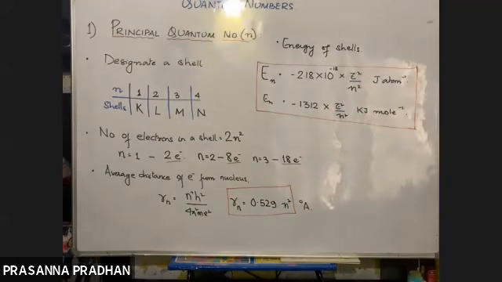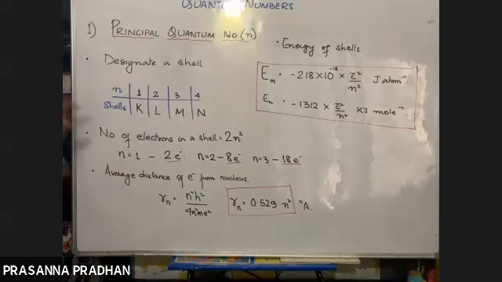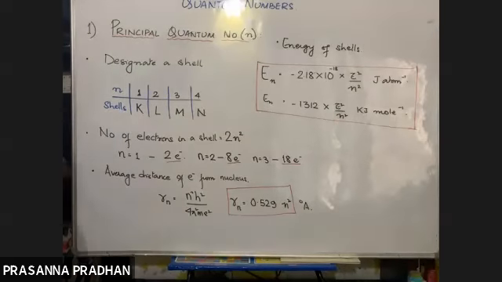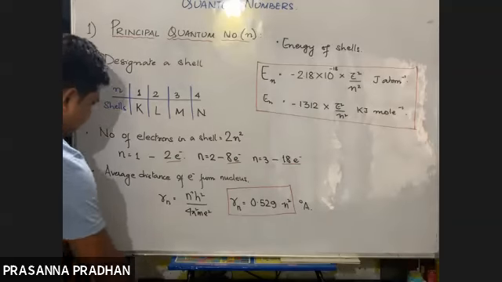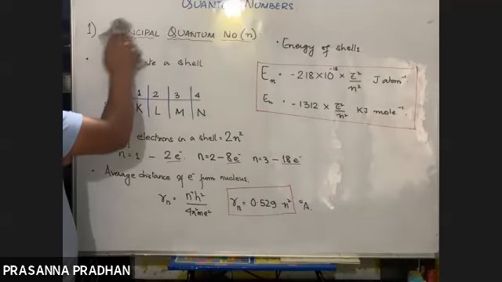So in a nutshell, these are the main pieces of information provided by the principal quantum number, which we have in fact done already. We have discussed the energy, we have discussed the radius, and so on. So nothing new here. This was the first quantum number, known as the principal quantum number.